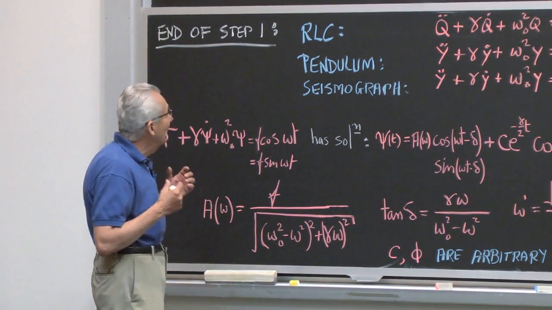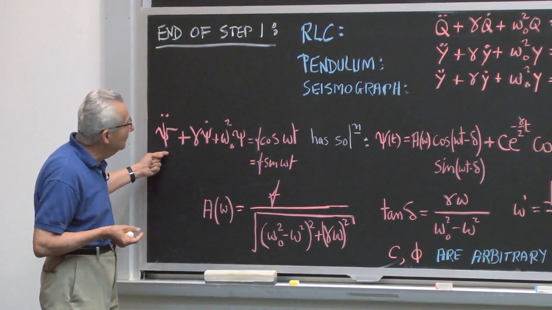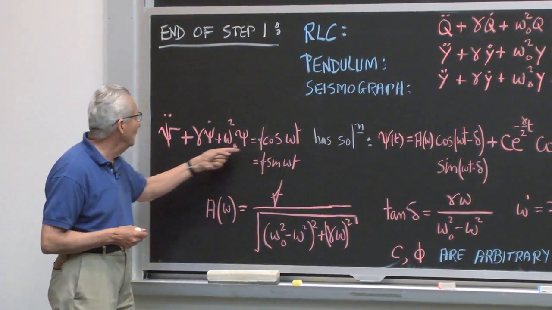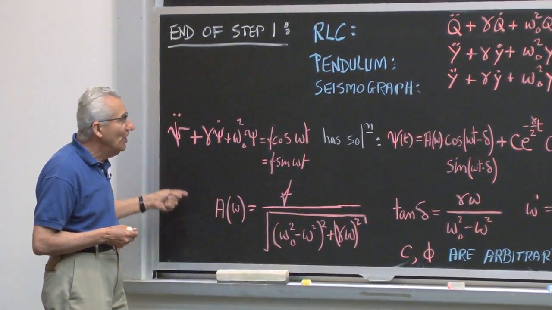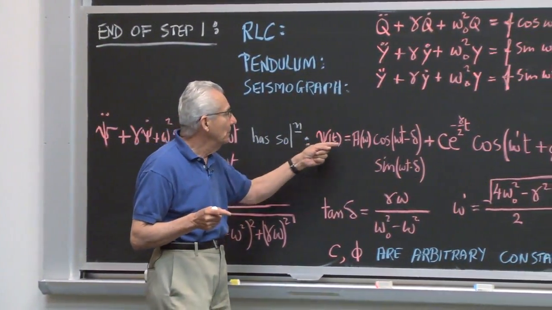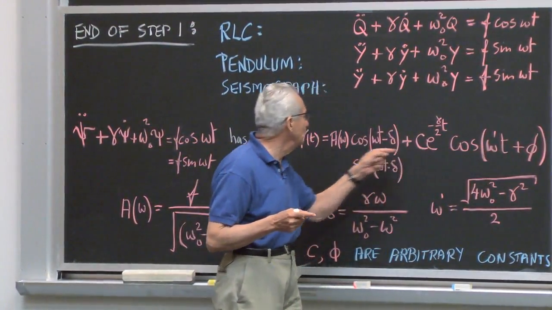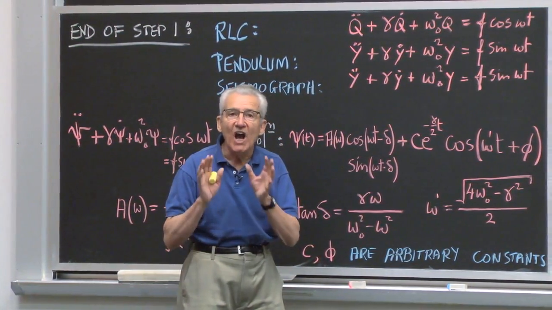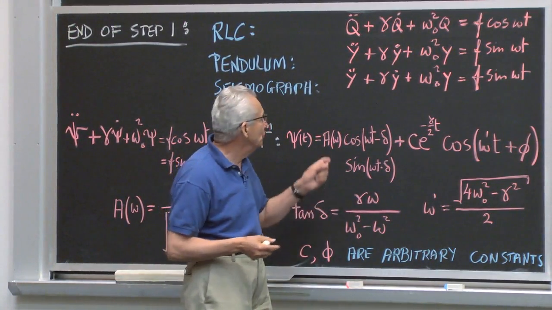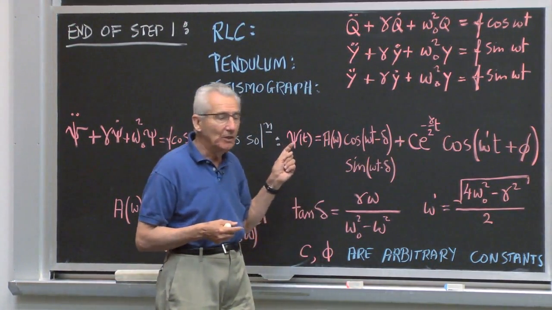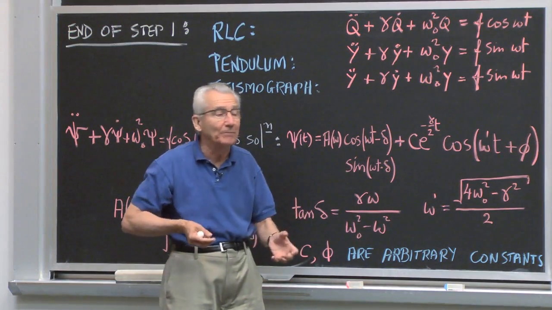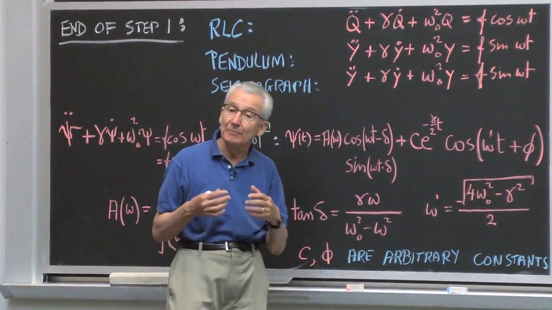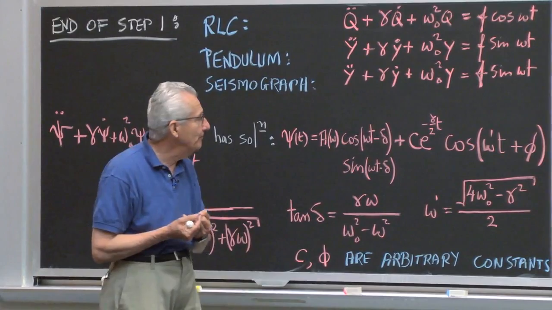And what you will find is that if you have a generic second-order differential equation of this form, it has a solution which looks like this, the most general solution that looks like that. There is no other solution in the universe which is not represented by this equation. You can manipulate it, make it look different, but it'll boil down to this equation. How do I know that? Because of something I mentioned earlier, the so-called uniqueness theorem.